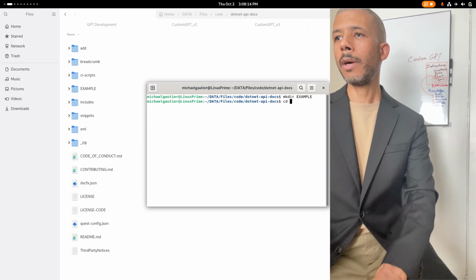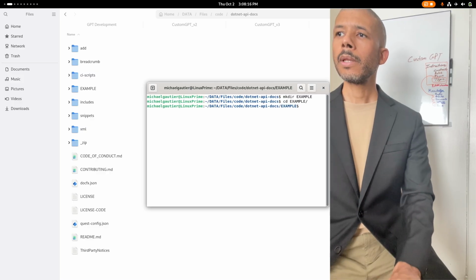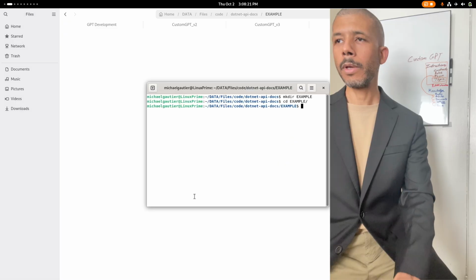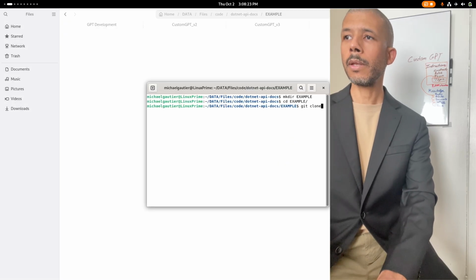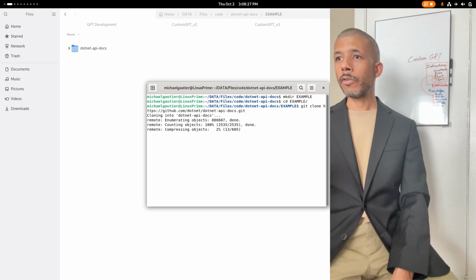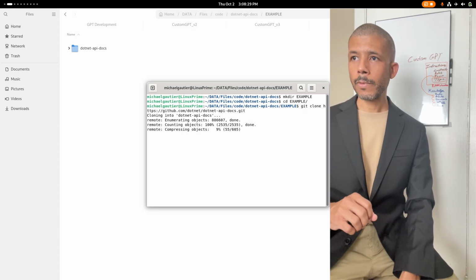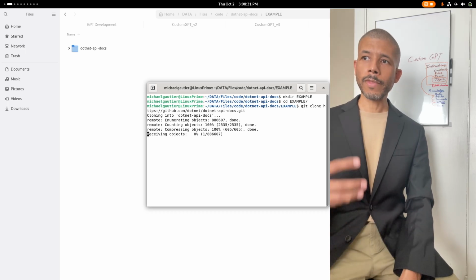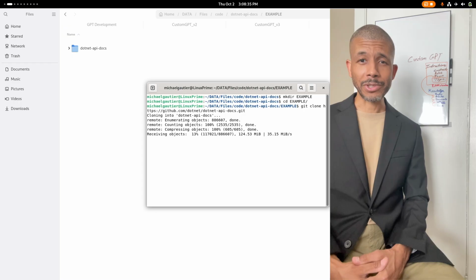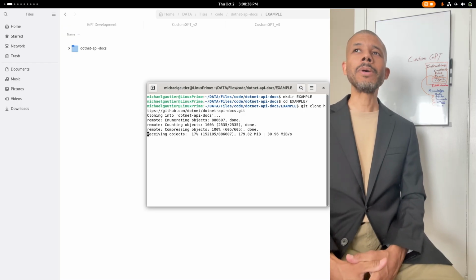Let's just make a directory called example. Let's go into there. All right. So there's our example directory. And then git clone. Do this in real time. And so it's just bringing down all that information, right? And this is one of the fastest ways to get a large gob of information from a server to a